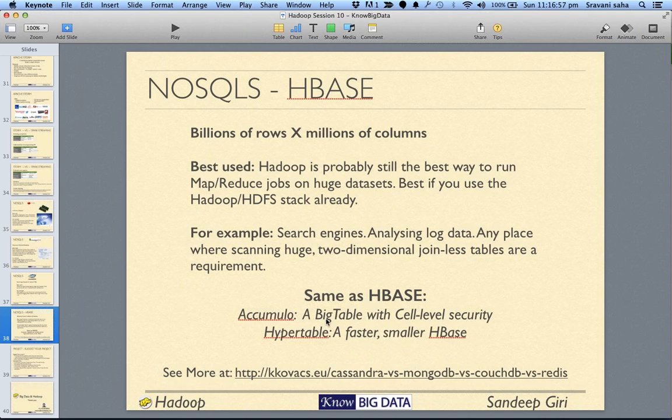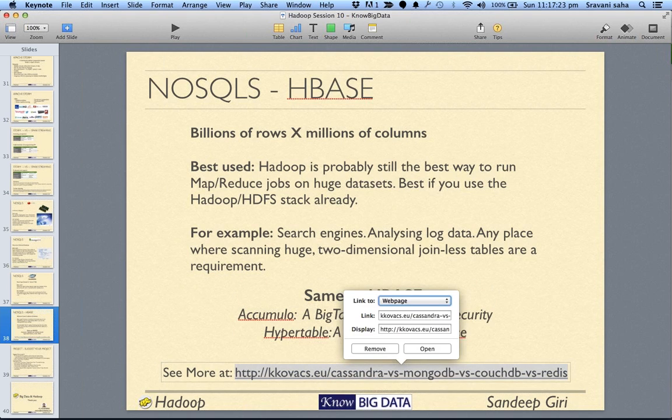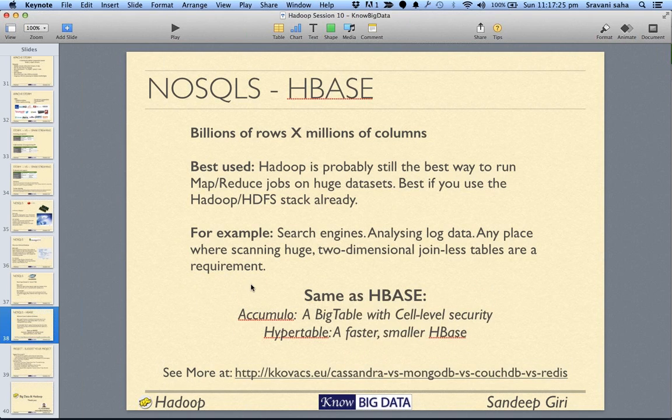Accumulo basically gives you cell level security on top of what HBase is. So if you can create the handlers in the case of HBase, then you can also provide cell level security. You can find more details at this URL. This blog gives you a far more detailed analysis, and you can have a look there.